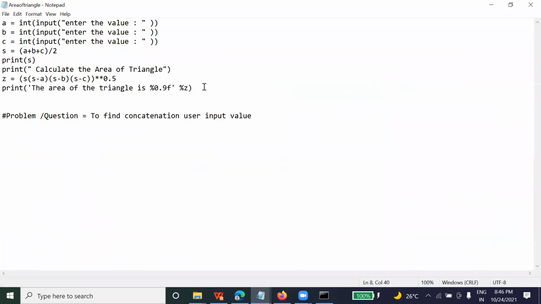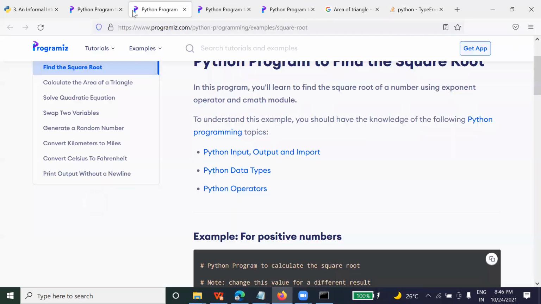I am going to check the solution for that, how to solve the float value for this Z. I will check it and explain it to you in the next class. Till then, we can see other programs.